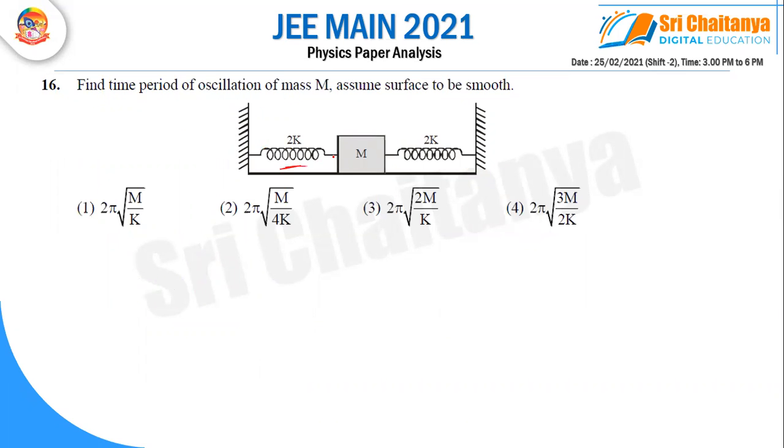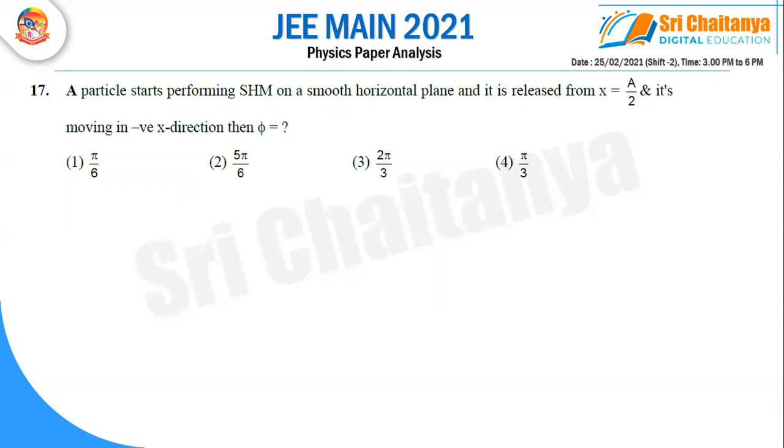Now these two are in parallel. The springs are in parallel, and find the time period. He's asking now T is equal to 2 pi root m by. In fact, I need to sum these two in parallel. So this will be 2k plus 2k, and we will have this one as the right one. Okay. So after that,